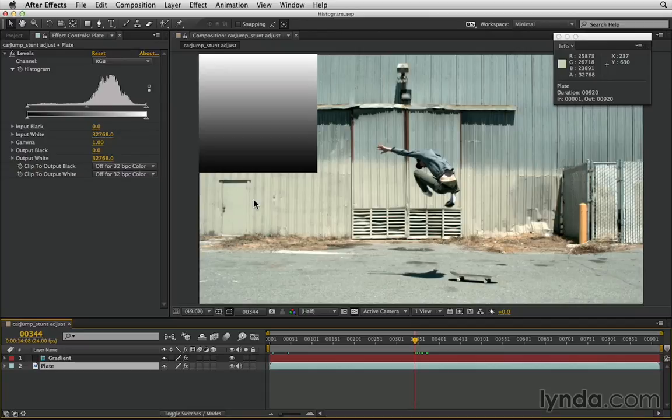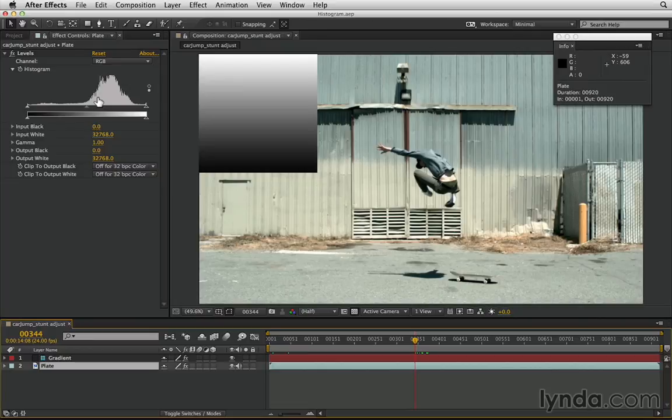In this lesson, we'll focus on the most useful bar chart in After Effects. I'm referring to the levels histogram. I'm going to show you how I like to use it and what I find it most useful for. After Effects has no histogram panel, unlike Photoshop, and so the histogram that you have most accessible is right here